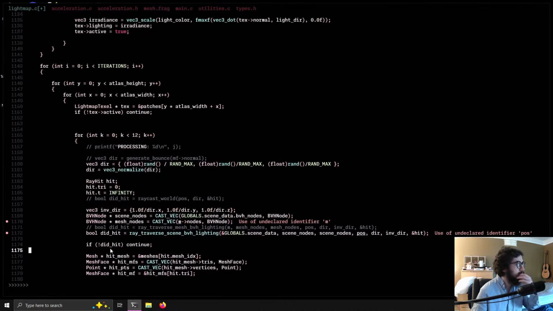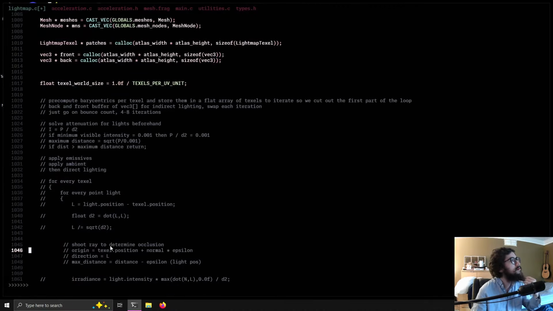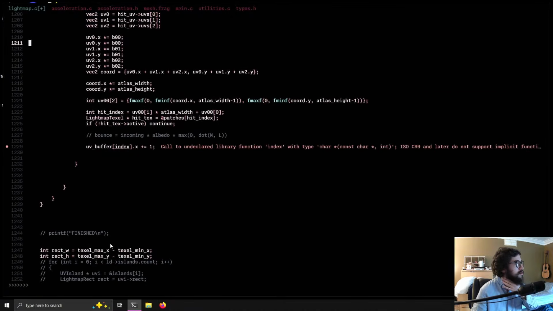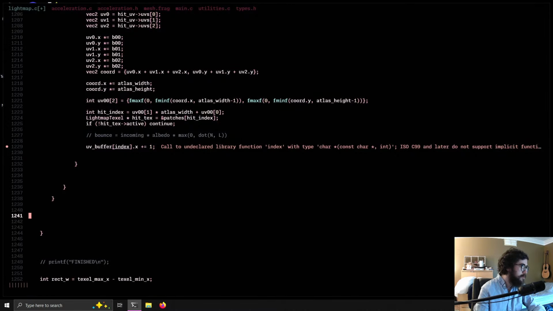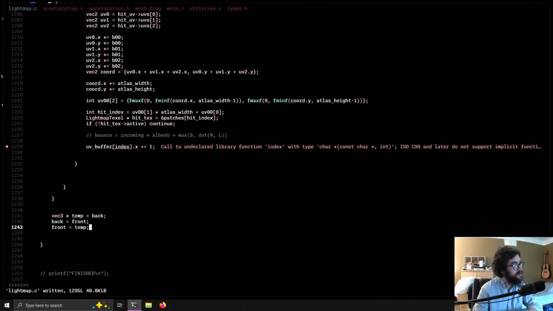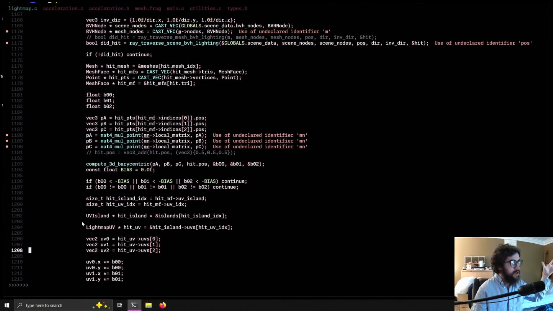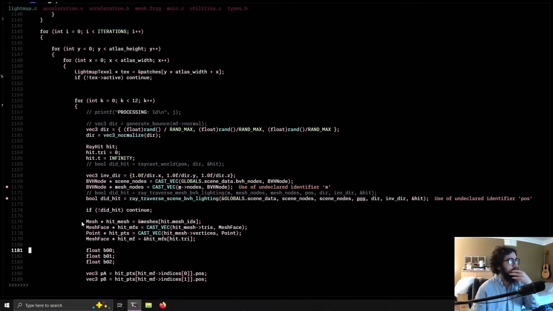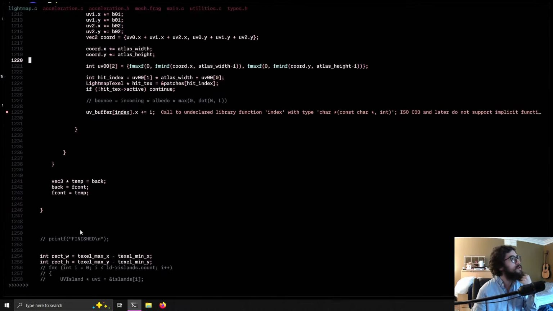Okay. And then over here, we'll say vec3 pointer temp equals back, back equals front, front equals temp, just swapping the pointers, because back is going to write from front. So we will always be sending it, since we start on front,